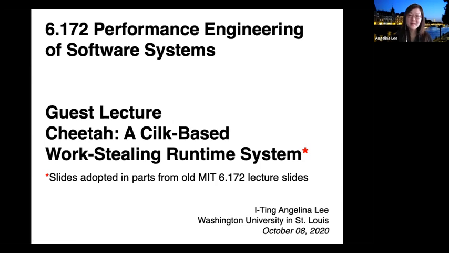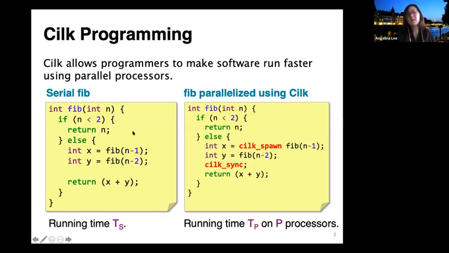All right, hello everybody. Today I'm here to tell you a little bit about the Cilk runtime system. I think at this point you are familiar with the Cilk programming language, right? We see how you can annotate the program using spawn and sync, where a spawn indicates that the function you're invoking can potentially be executed in parallel with the continuation of its parent, and the sync is the counterpart that states that all the spawned subroutines have to terminate before the control can pass the sync.